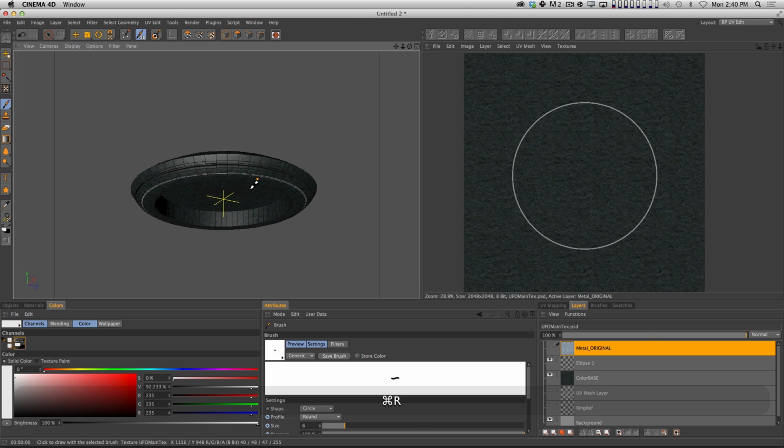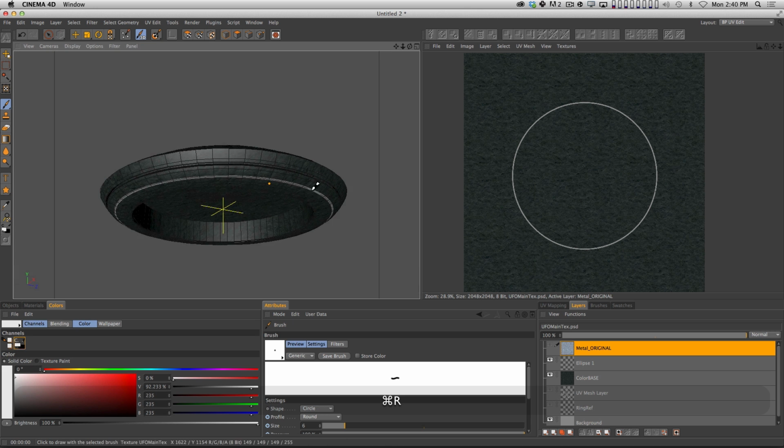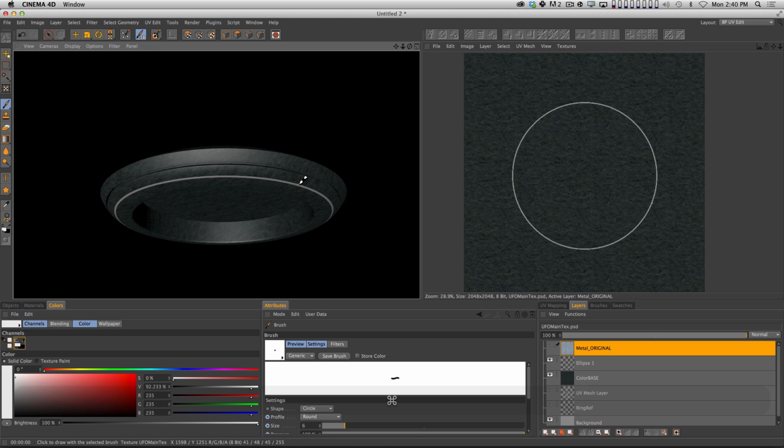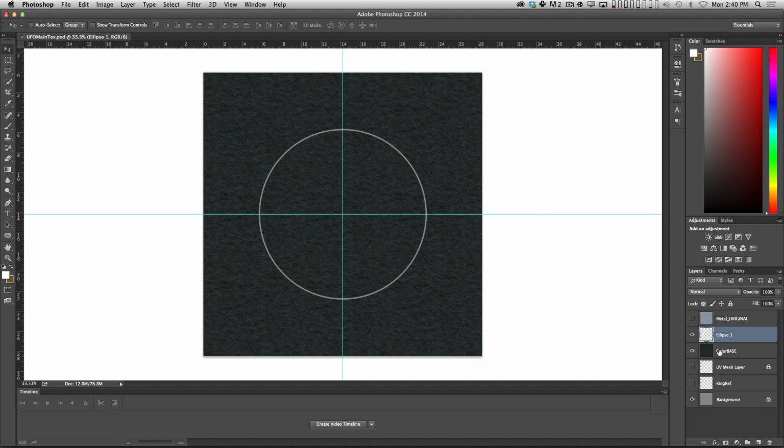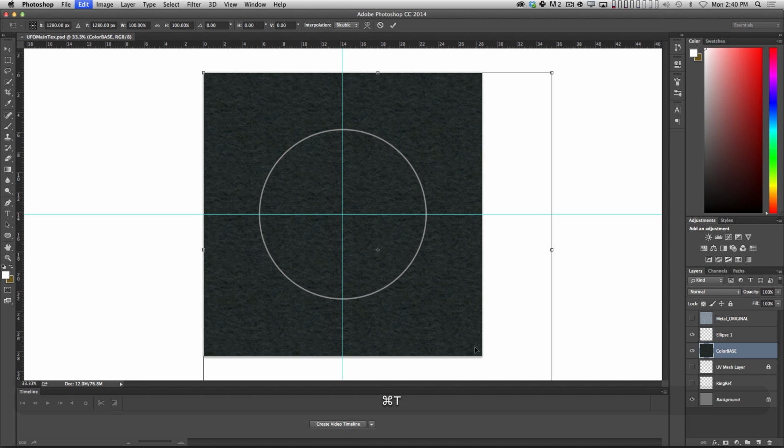Okay, now here's a good time to talk about scale. Look at the scale of the texture, okay? It's too big. I can see too much detail in it from this, and it should feel further away, and it doesn't. So, easy fix. Back into Photoshop, take our color base, shrink it down